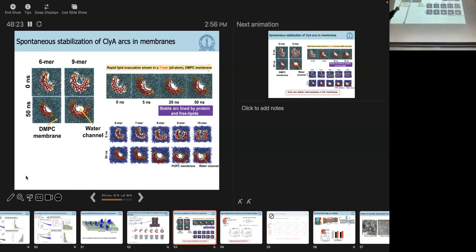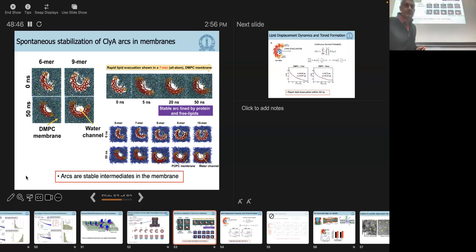This is a 6-mer. This we ran for very short simulation times. We've run these longer now. But we find that these are all stable states. So these partially formed arc-like states, these are top views. There's water in here. So the white parts are where we've removed the water for better clarity. So you can find that a lot of these arc-like states are stable. Our MD simulations indicate they're stable.